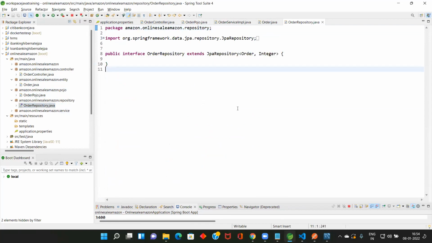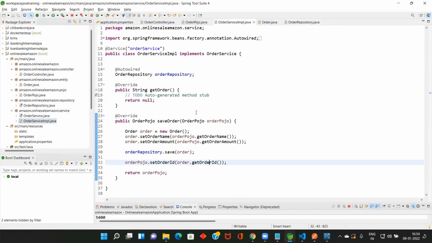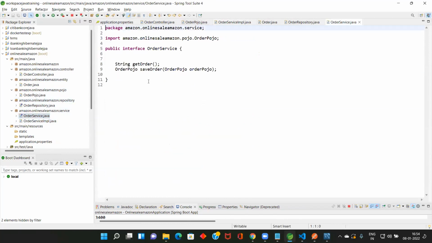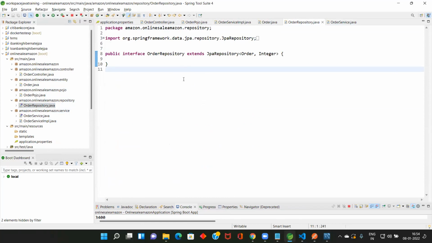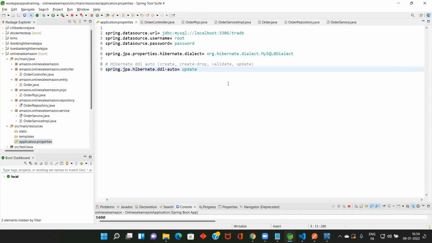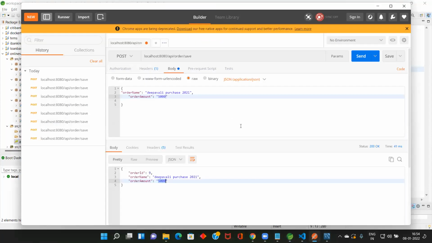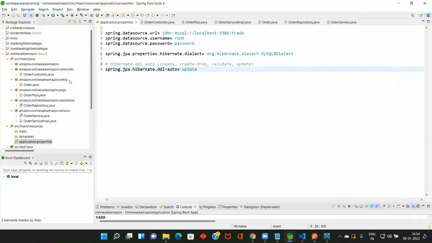There we wrote a lot of code. Now there is no code, because that's the JPA framework. This is the repository, and this is the service. There are two interfaces, the service interface and the repository interface, plus the application.properties file. That's it. Here is Postman. All the things are in the recording, so probably you can get it.